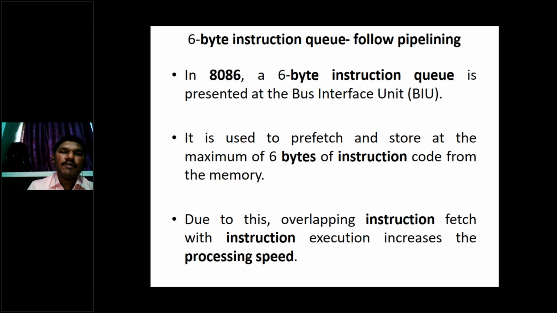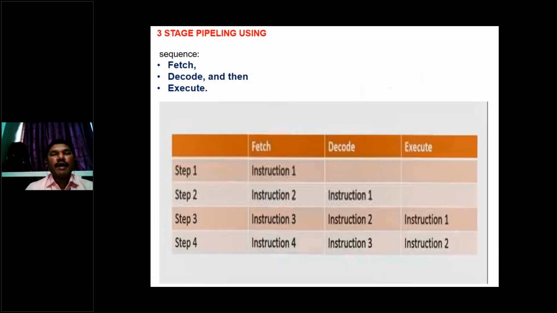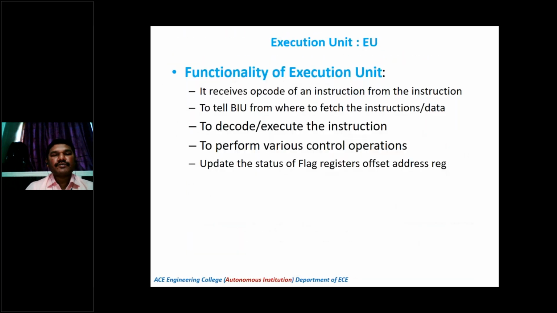So if they are 2-byte instructions, you can fetch three 2-byte instructions. If they are 3-byte instructions, you can fetch those too, or 1 byte, 2 byte, 2 byte, 1 byte, like that. You can fetch multiple instructions at a time. Like that, speed can be increased. That is what we call the instruction byte queue, and I will explain this concept in pipelining, right?